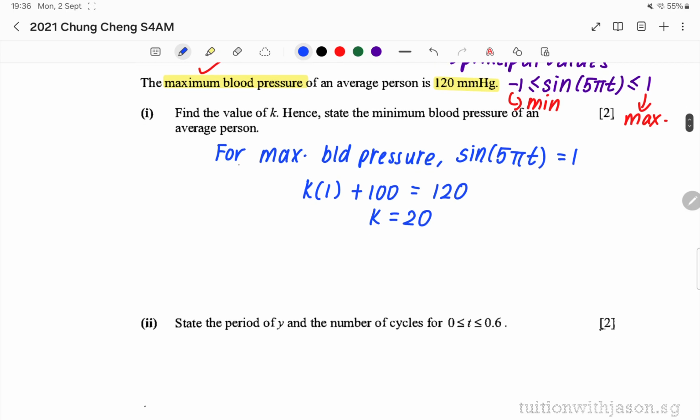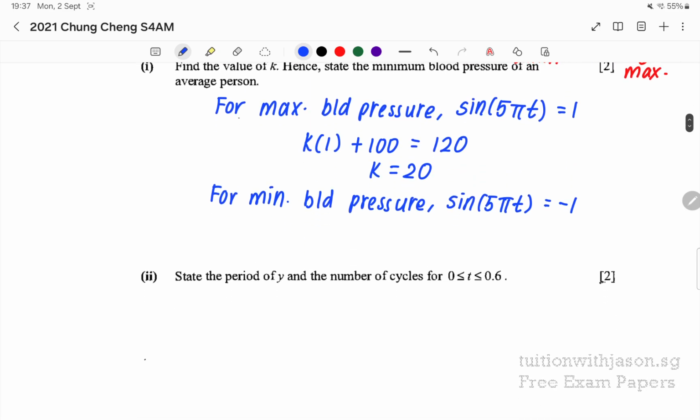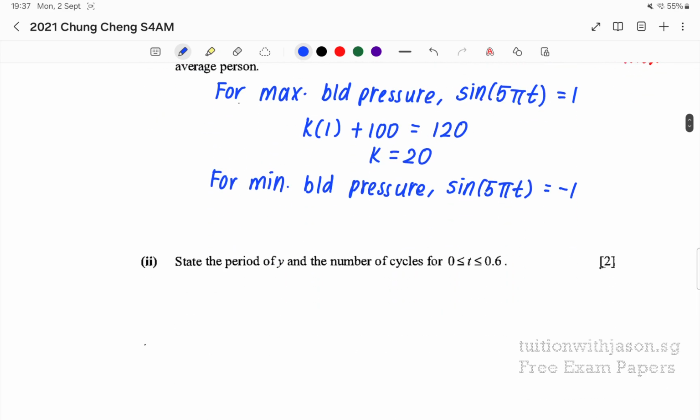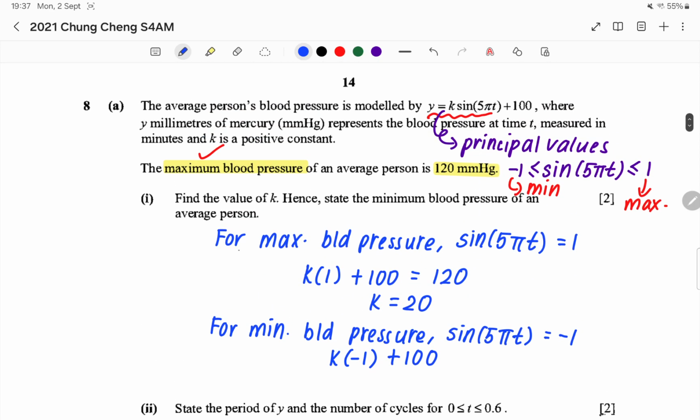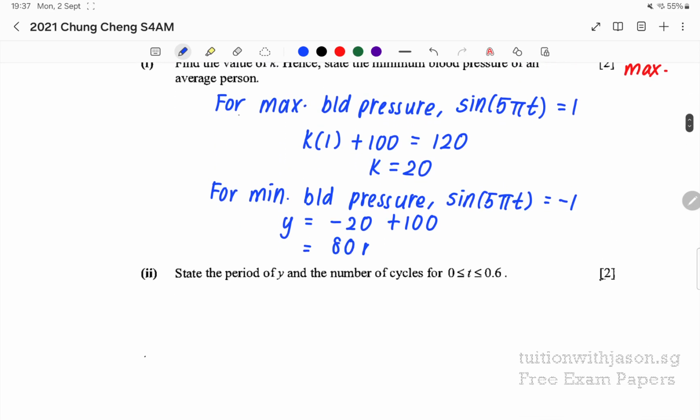Then next, state the minimum blood pressure. So for minimum blood pressure, I'm writing these statements not only to help in the marking, but to remind myself of what I'm doing, that every step I'm doing is logical. In this case it will be -1, so it's K times -1 plus 100 equals Y. But in this case our K is 20, so it is -20 plus 100. So my minimum blood pressure will be 80